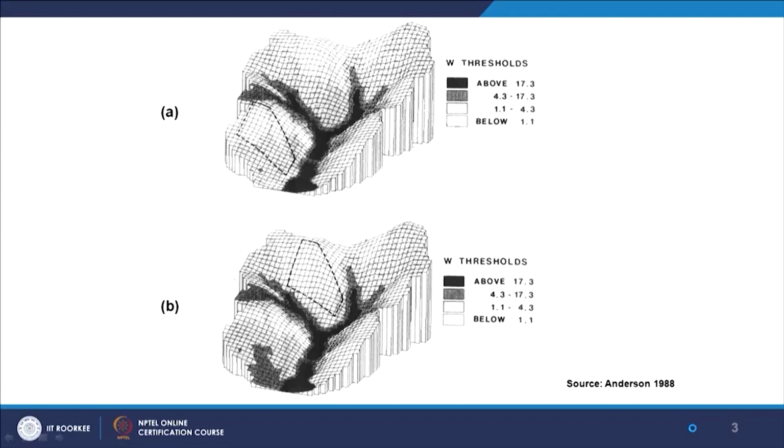I would like to explain this, which is basically one single watershed shown as A and B. If I discuss figure A, you would see there is an area in the southwest quadrant which is marked with dashed lines. This is the area where deforestation will be done, a planned deforestation. And if it is done, what is going to be the soil moisture condition in that particular watershed.